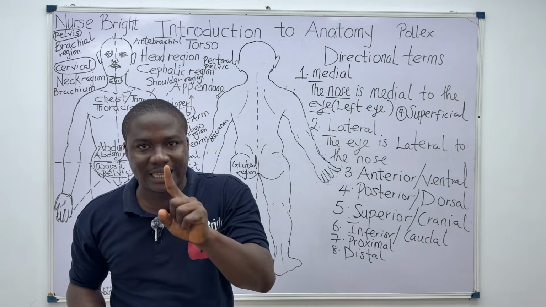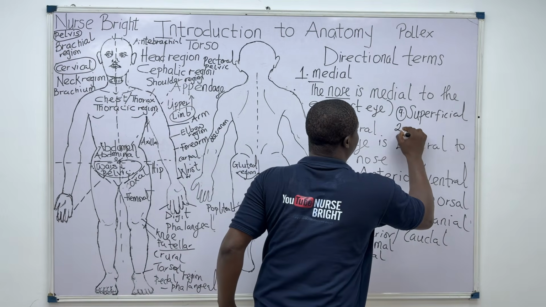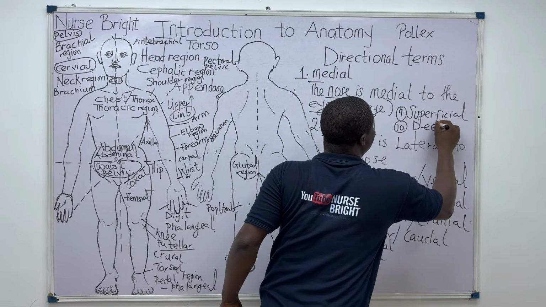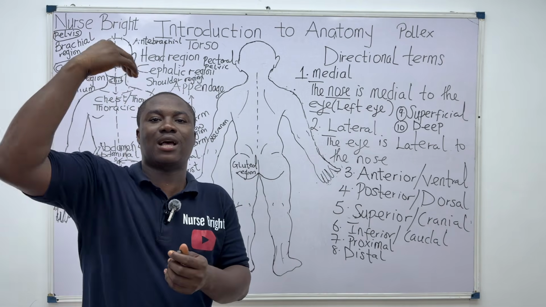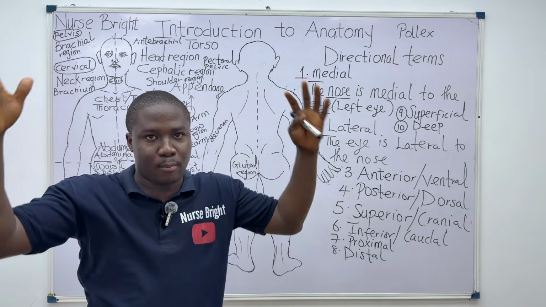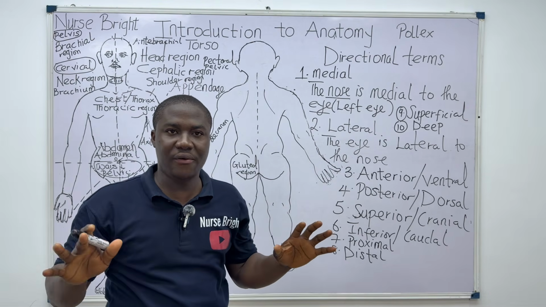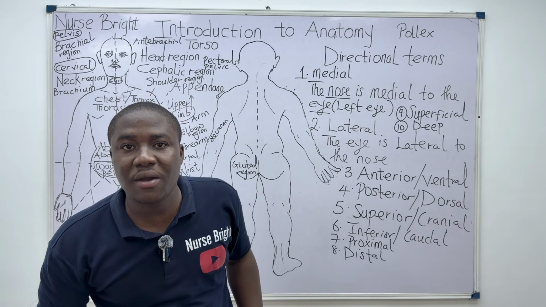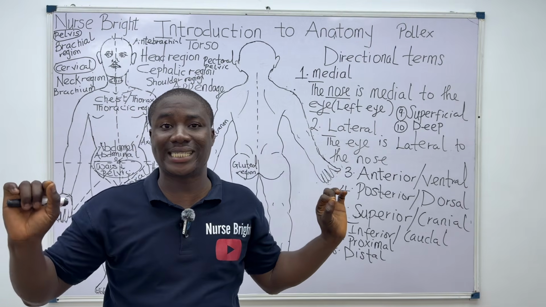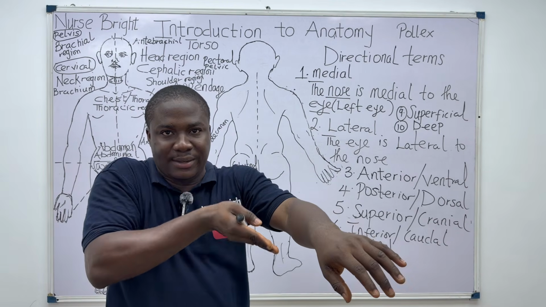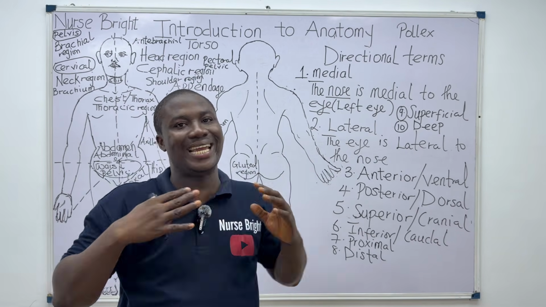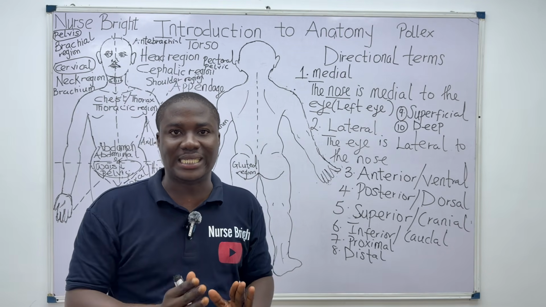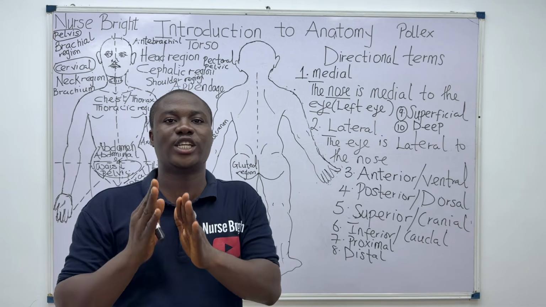Let's get into another directional term called deep. All right, that's number 10. Deep is another very key directional term that we'll get to see as we study anatomy in more aspects. Now it's very easy. A structure is said to be deep when it is farther away from the surface of the body. It makes sense. That means the bone is deep in relation to the skin. Do you understand? All these things are not hard. They are all very easy. Let's get into more directional terms in anatomy.